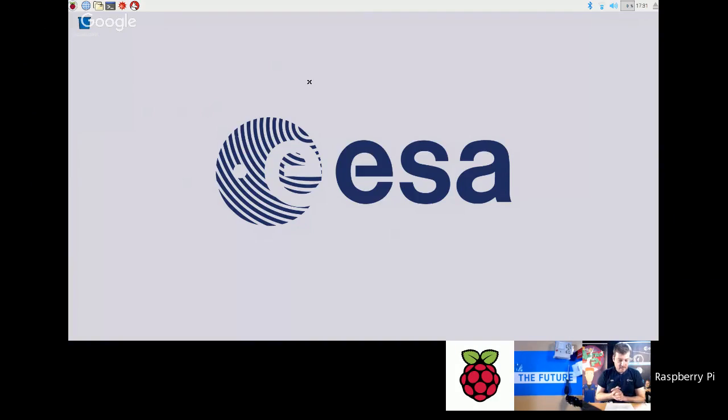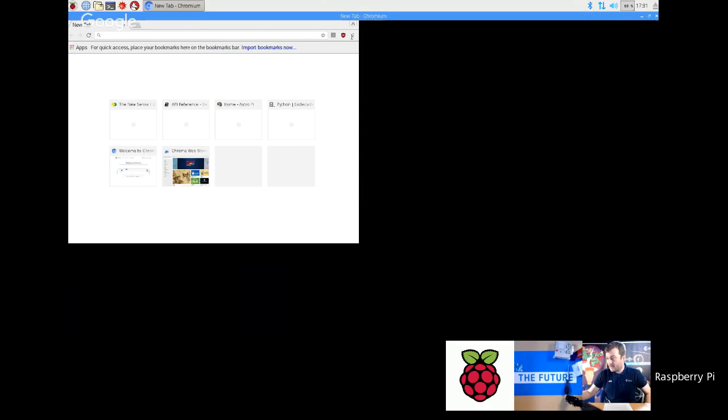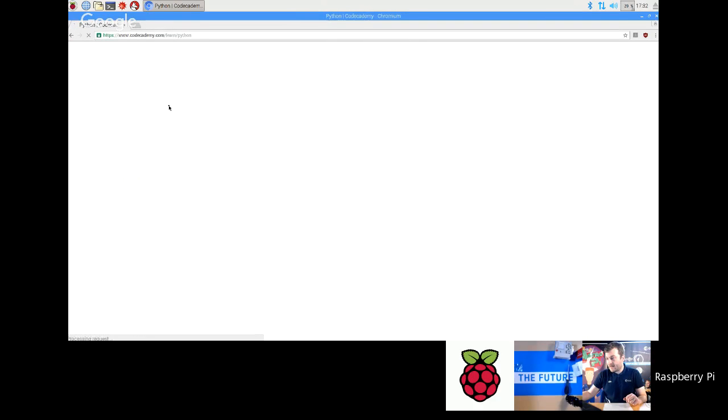Right, so now let's go to the desktop again. We're going to use the Python language, which is the main language that we use on the Raspberry Pi for education purposes. Just a quick note about Python: I'm just going to quickly turn off my Wi-Fi. If anyone's never used Python before, there are some nice free learning resources online that you can go and look at. One of the ones that I quite like is the Codecademy one, which you can get to if you go to